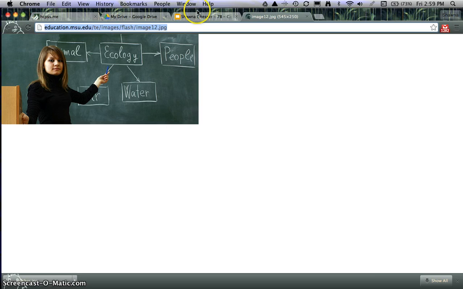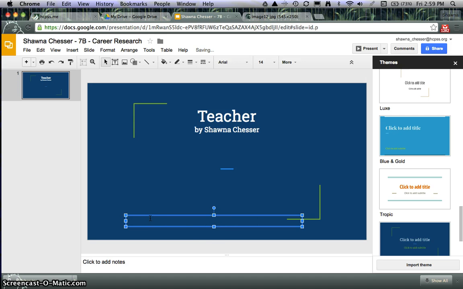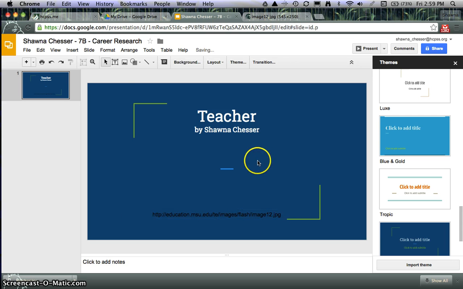For this assignment, how I want you to cite your image, and any image you use, is to click and put a text box right down here, and then paste the link. I want that URL. You don't need to cite any other part for me for this project, but any image you use needs to be cited. So I'm going to put that there, and then I'm going to go up here and I'm going to say